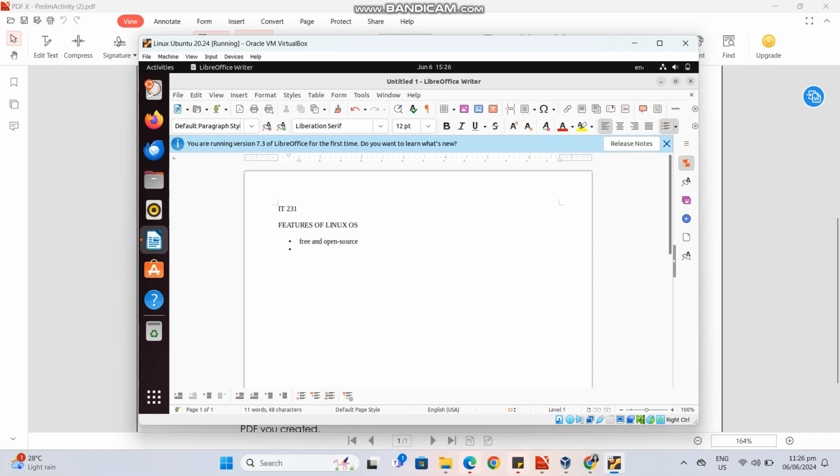For features, we can say that Linux OS is free and open source, as expenses are never a hindrance by using this OS because it's completely free of cost. And then we can also say that it's multi-user because it allows access to the system resources at the same time and allows multiple applications to run at the same time. So for me, it's safe, it's completely secured because